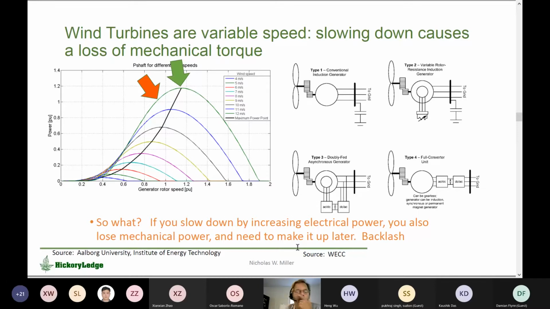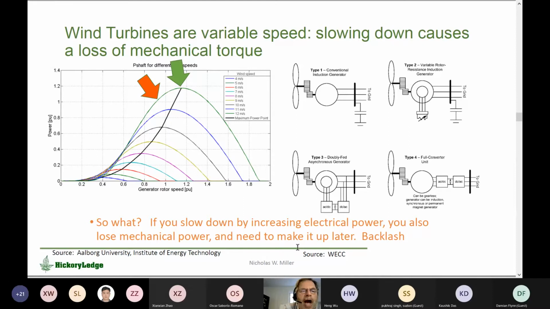So I put this slide in here just to remind you about the reality of operating a wind turbine. And that is, the wind turbine's mission is to deliver 1 per unit power if it can. So I put 2 arrows on here, and this is the speed curve actually, for different wind speeds. This curve, if you've never seen it before, I won't spend a lot of time, but it tells you the reason why we need to have variable speed wind turbines, not synchronous wind turbines, because we